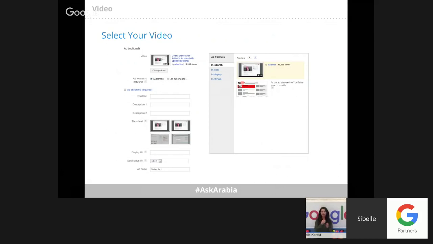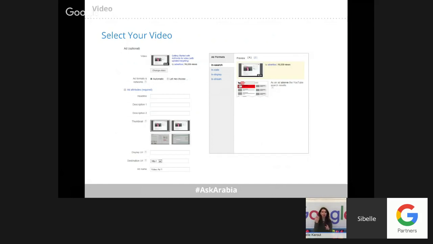And then when you are selecting the video, you will have 2 options. Recently, we have an updated form of video campaigns, and you have the ability of creating 2 ad groups. One ad group only targets in display, so you target certain keywords for your ad to appear on the YouTube result page, and another ad group is for in-stream. In each, you put the video and create the ad text or the banner that you would like to show.